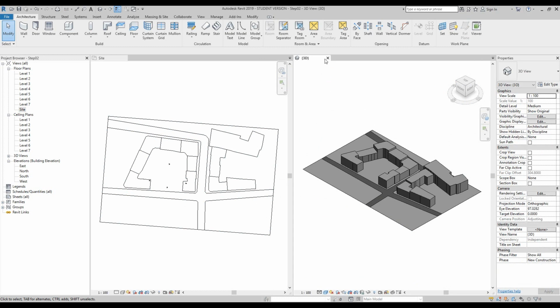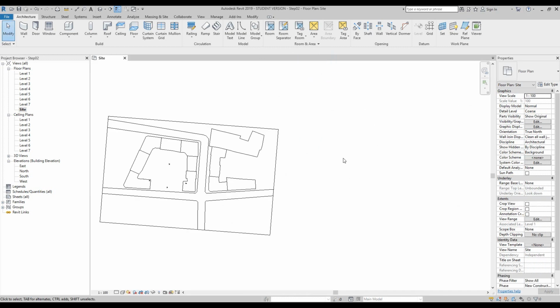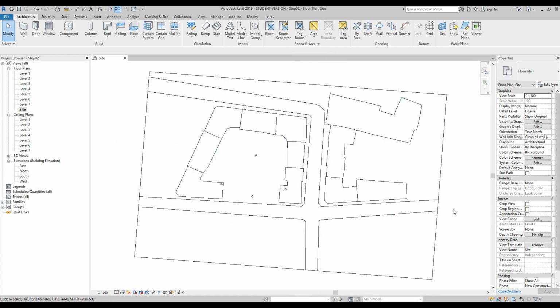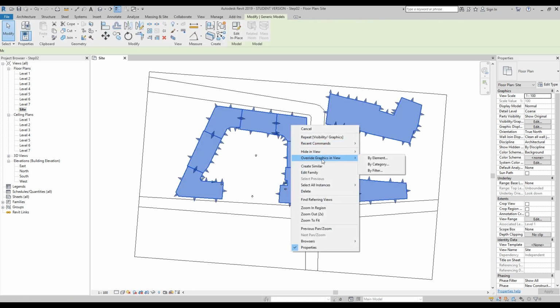and now close your 3D view tab and then press ZA on your keyboard to zoom everything in. Now we're going to change the graphic attributes of these buildings to grey, and we have two ways of doing that. The first option is to hover over the buildings, right click, then go down to override graphics in view, and we can do it by element, category or filter. For now we're just going to show you the category,